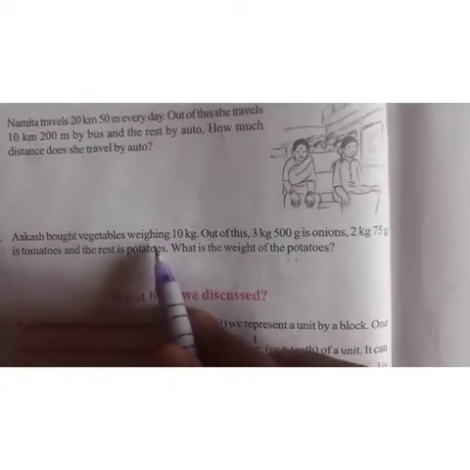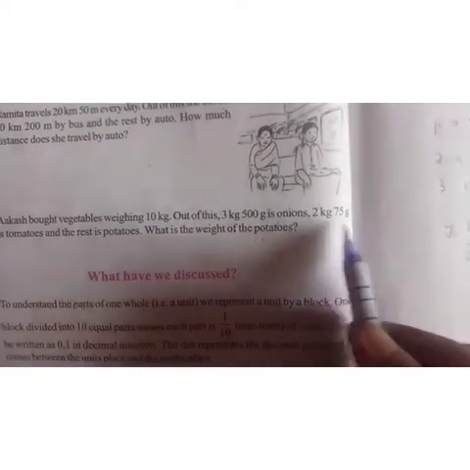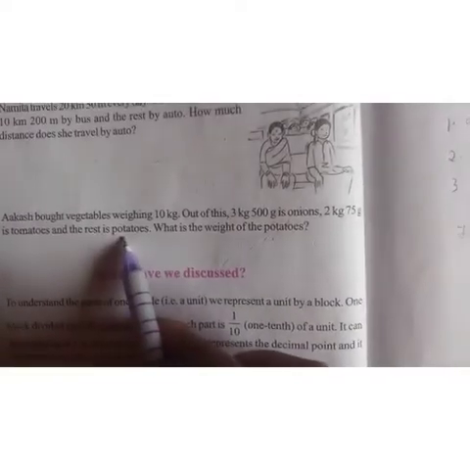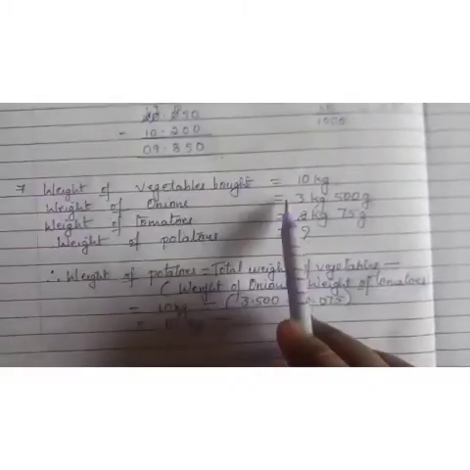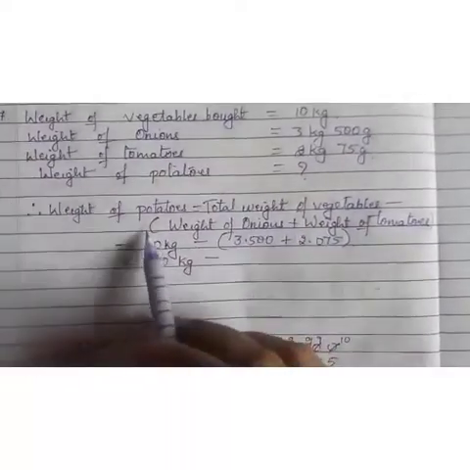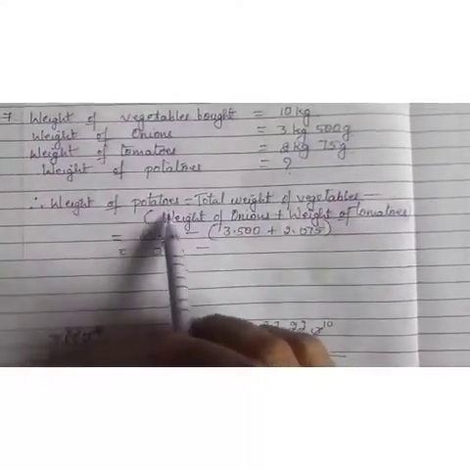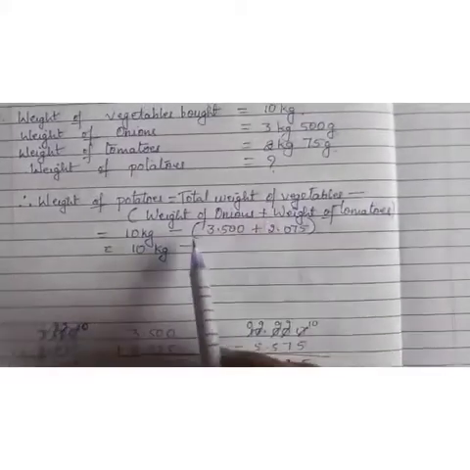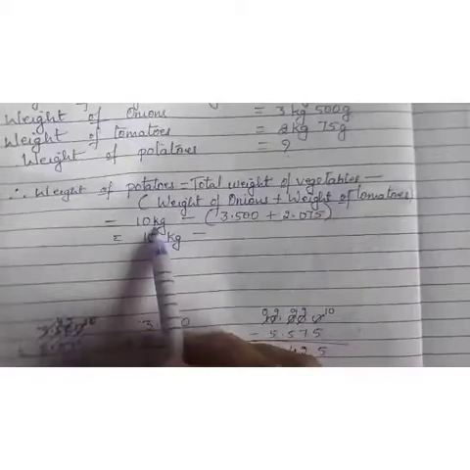Akash bought vegetables weighing 10 kgs. Out of this, 3 kg 500 grams is onion, 2 kg 75 grams is tomato, and the rest is potatoes. Find the weight of potatoes. So children, let us write the statement first here. The statement will be: weight of vegetables, weight of onion, weight of tomatoes. Now to find the weight of potatoes, you have to add these two and subtract from this. So I have written total weight of vegetables minus weight of onions plus weight of tomatoes, that is 10 kg